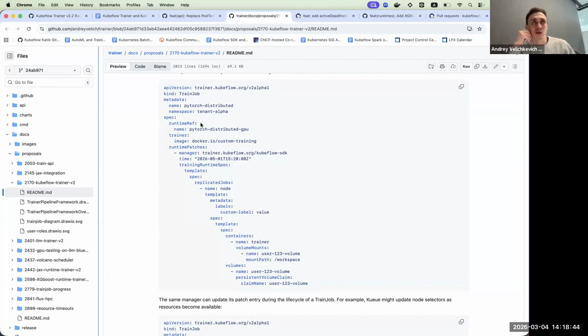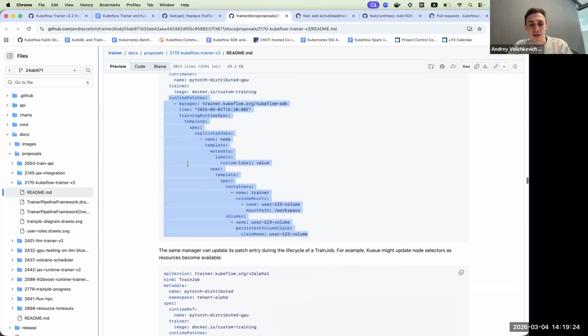So we want to maybe introduce just a simple runtime patches API, which is a valid patch that can be applied to the underlying runtime before the TrainJob is created. This gives us an additional opportunity in the future to expand it if we, for example, want to patch not only pod template spec, but also job spec, JobSet spec, and even runtime spec. For example, if in the future we find a use case when a user wants to update the API implementation on every run, this API will give us enough flexibility to do so, not in the initial implementation. And this is an example of how it looks for Kueue when Kueue needs to